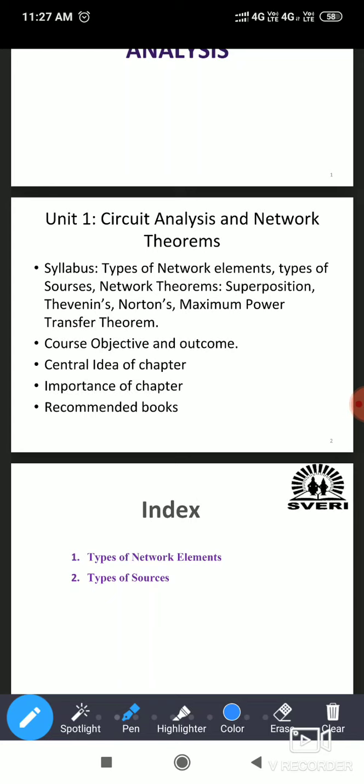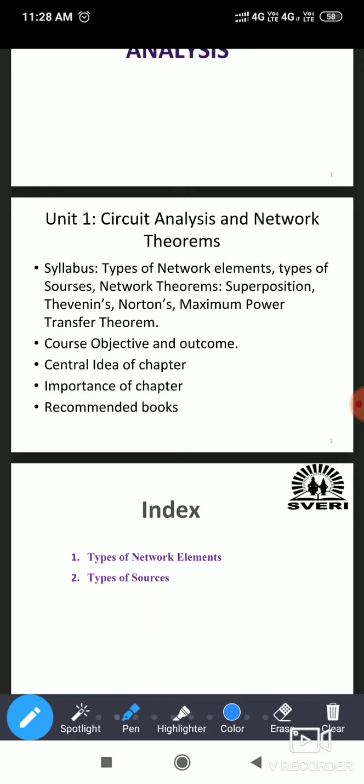Next one, course objective and outcome. What are you learning when you are learning this unit number 1? What will be the outcome here? You can easily apply the network theorems and you will get the parameters. When you complete this unit number 1, or when you are learning this unit number 1, in that case,